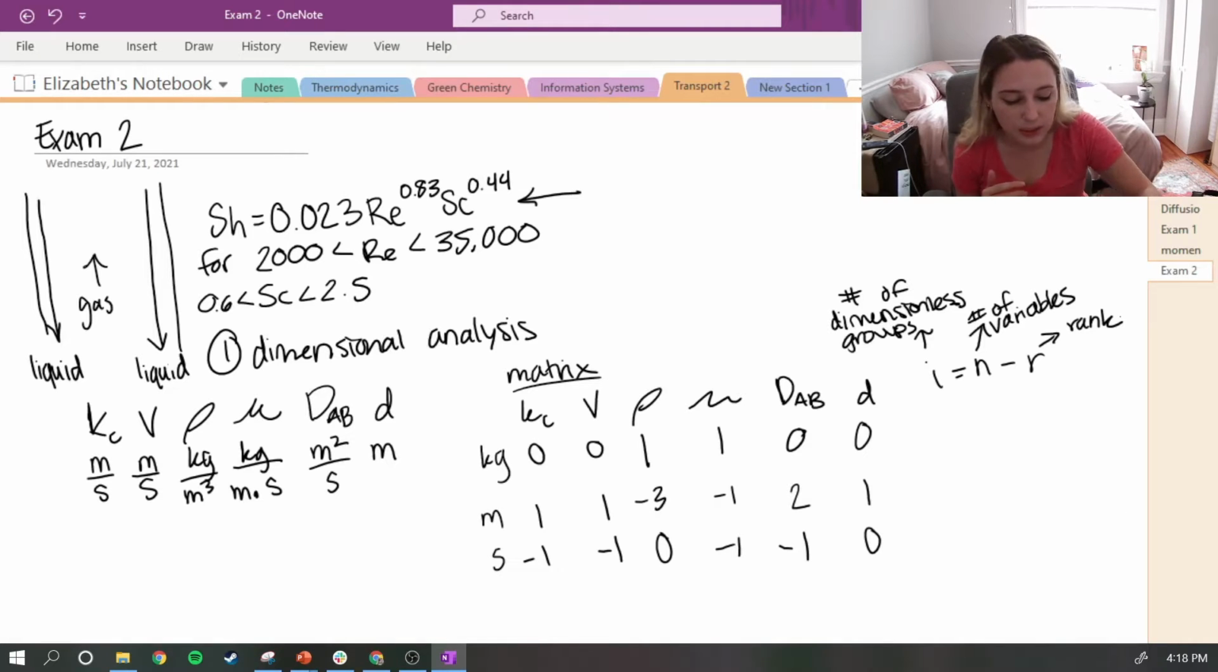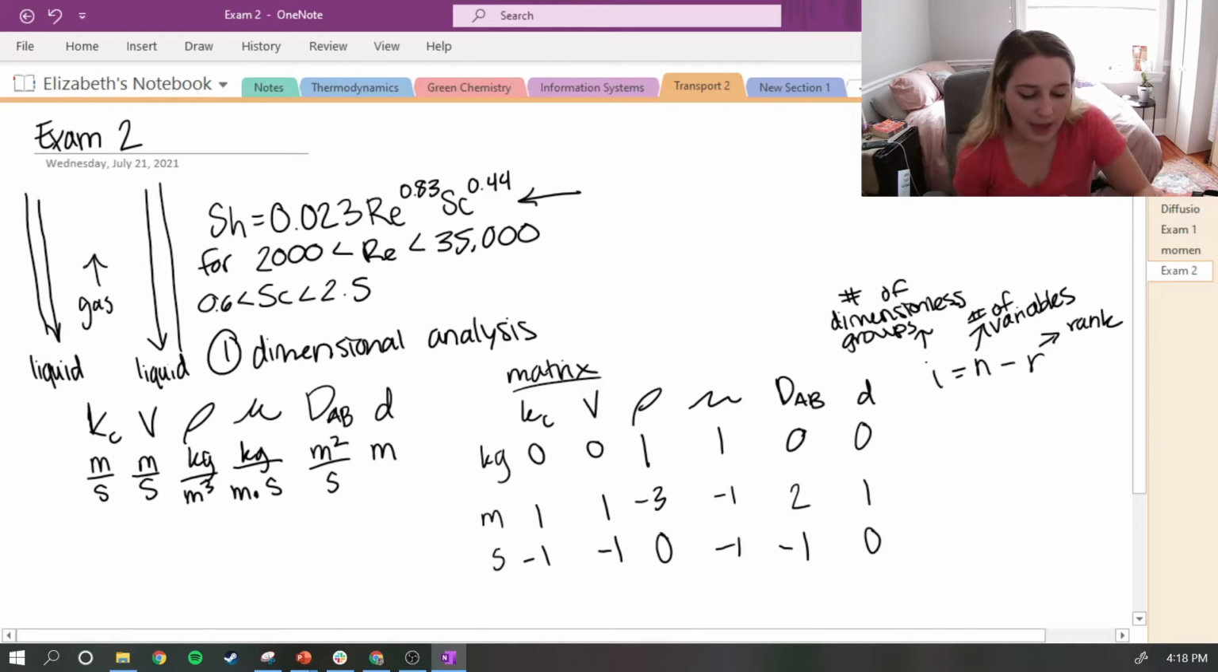And also I wanted to say that we know the number of dimensionless groups and the number of variables that we're aiming for. So we're hoping that the number of dimensionless groups is